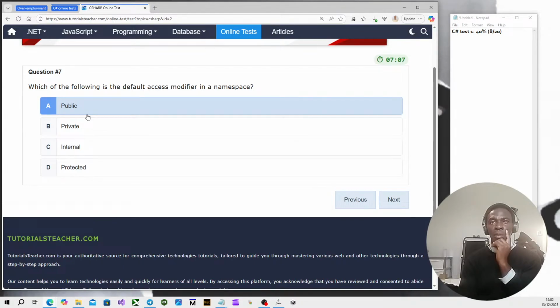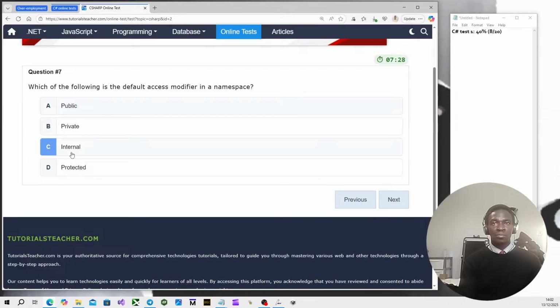Our namespace is public by default. They have to be, don't they? Because you can access a namespace anywhere in a program. Like pertaining towards a library or something that you might have obtained, that you might have put in your directory. I'm gonna go for public. I'm gonna go for A.